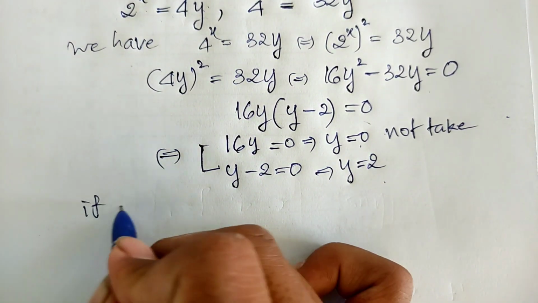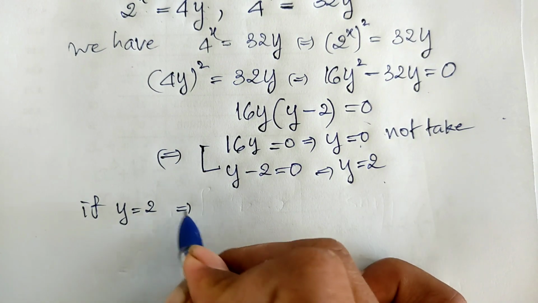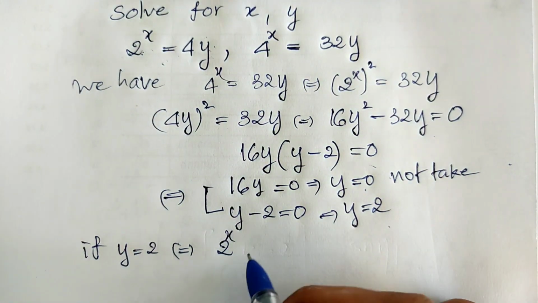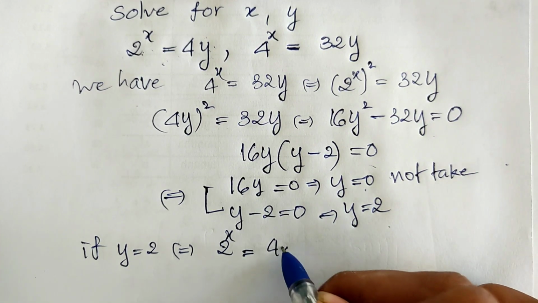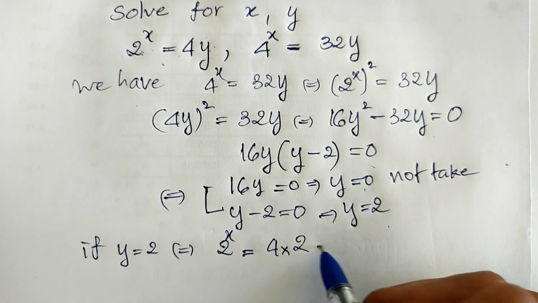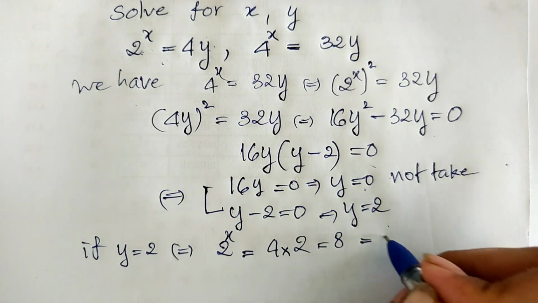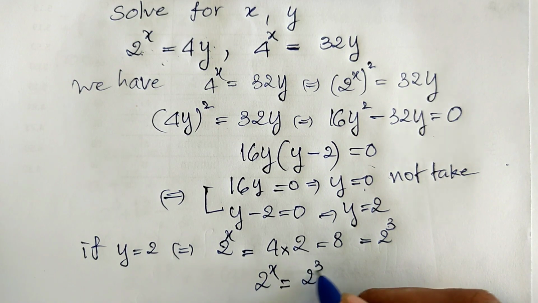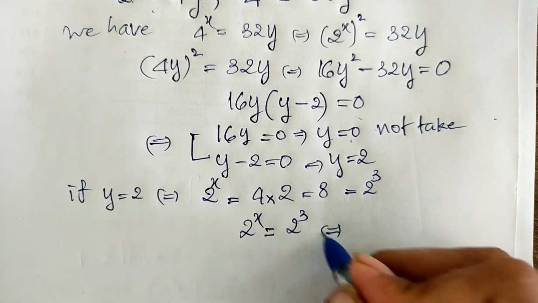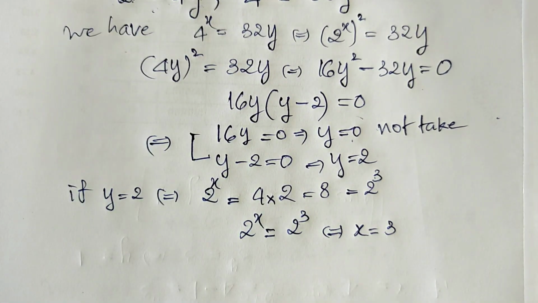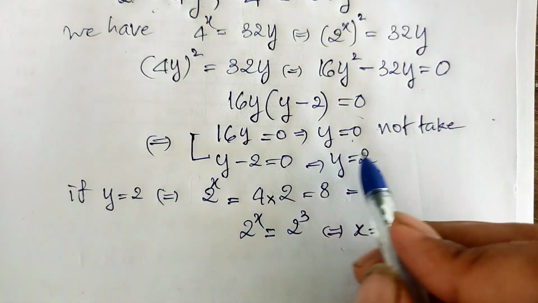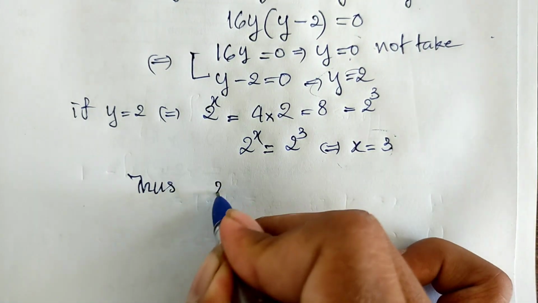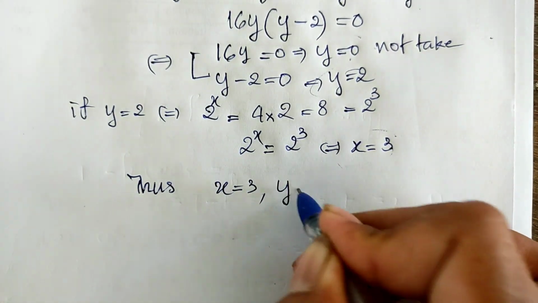So if y is equal to 2, we get this 2 power h is equal to 4 multiplied by 2, which equals 8, and equal to 2 power 3. So 2 power h is equal to 2 power 3 and we get h is equal to 3. So now we get the values of h and y. So h equals 3 and y is equal to 2